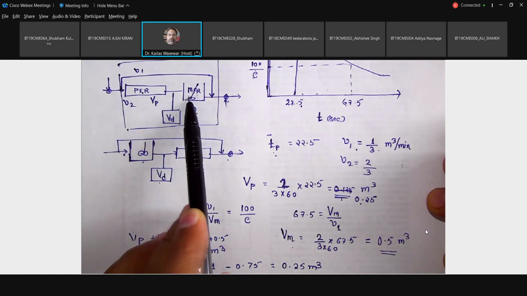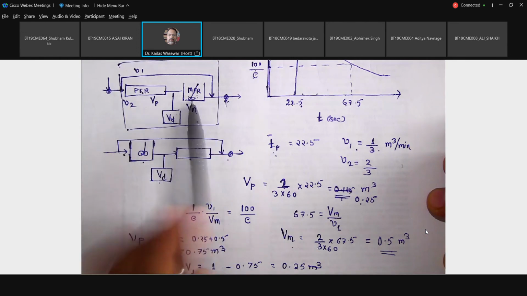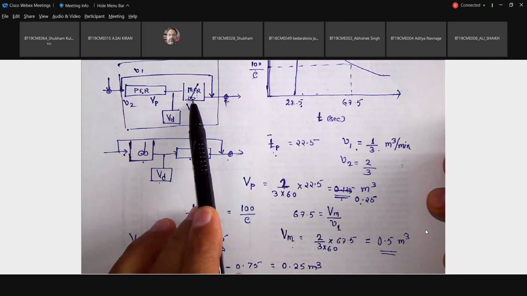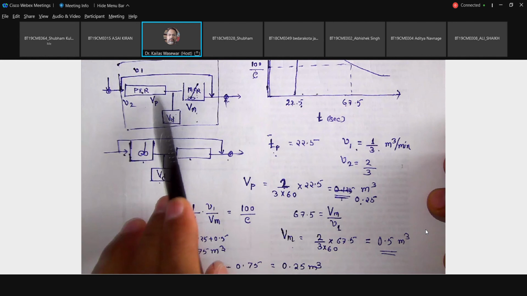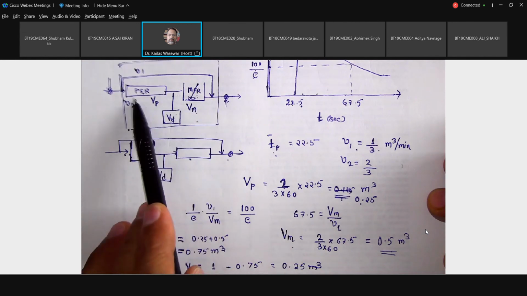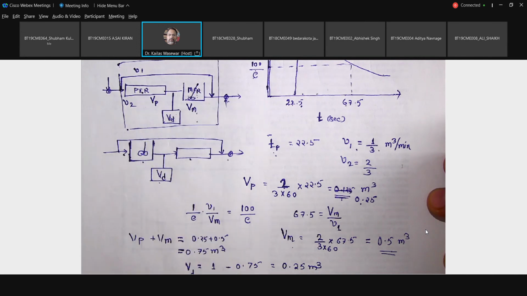So you can do the calculations by using the kinetics, how much conversion you will achieve in this particular reactor. But if it is a first order reaction, then no problem. This residence time behavior will be okay with you, because alternatively, if you put the PFR followed by MFR or MFR followed by PFR, there is no issue in case of a first order reaction. But if it is a zero order or 1.2, 1.5 or second order reaction, then it will matter. So that's why we'll go for the more sophisticated ones, that is our dispersion model and tanks in series model. Okay, we have seen 3 examples today.